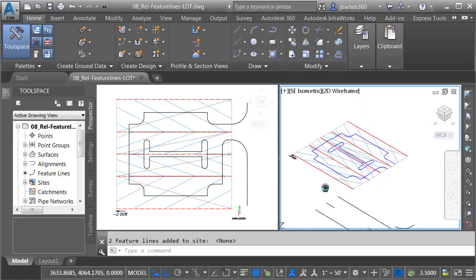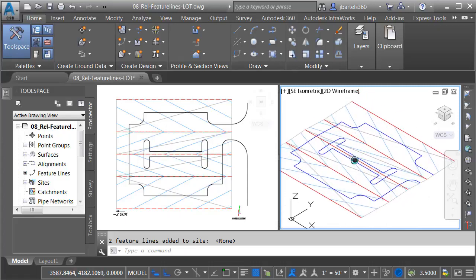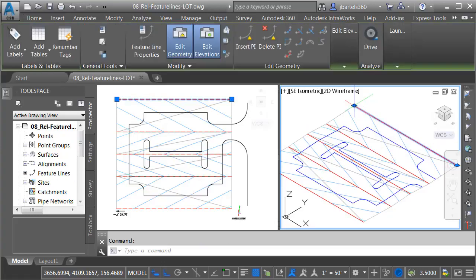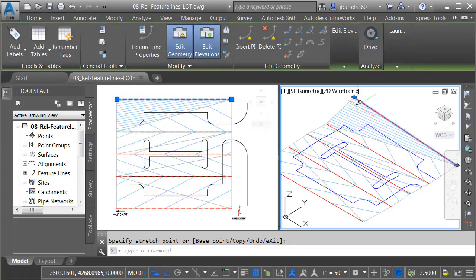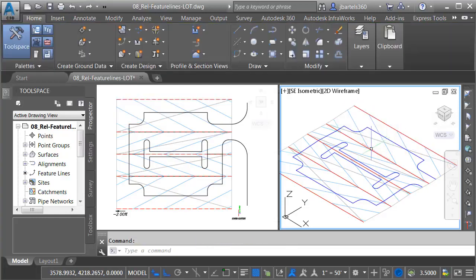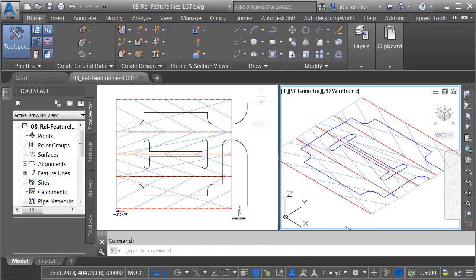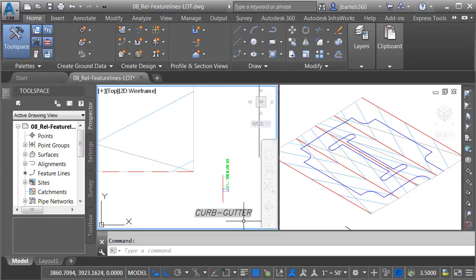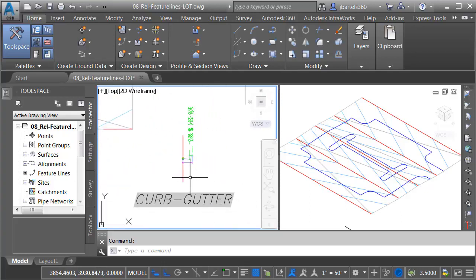At this point, you can see that that geometry has been projected up to meet that surface. Likewise, these feature lines are relative to the surface, so if my surface were to change, these feature lines will update as well. Let's press Ctrl-Z to put things back the way they were, and we'll take the concept a little further. Now that I have these relative feature lines, let's use them to build a 3D corridor model of this parking lot. If we look down in the lower right, you can see that I've created an assembly, and